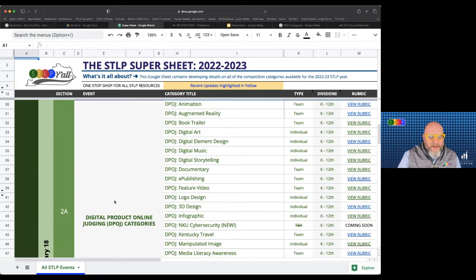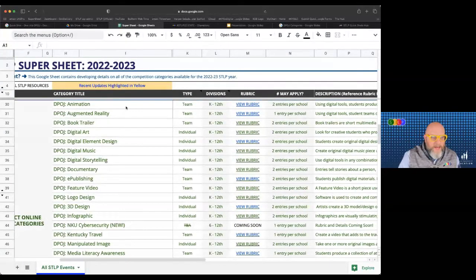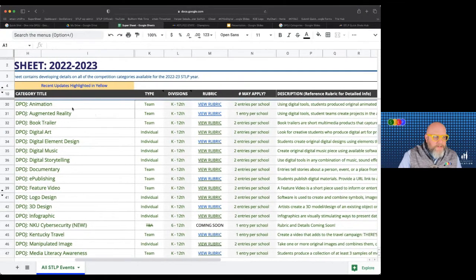So all of our categories are listed right here, category title. See, for example, animation. It talks to you about what kind of event it is. Some of our events are required to be something that is done as a team. Some are required to be individual events. Often, let's be honest, we kind of see a blur between that sometimes, and we love global collaboration. So sometimes these types of events, not the biggest deal if it changes for you individually at your school,